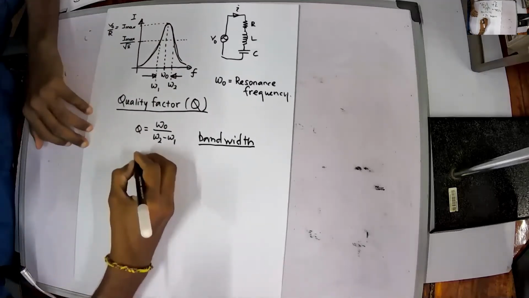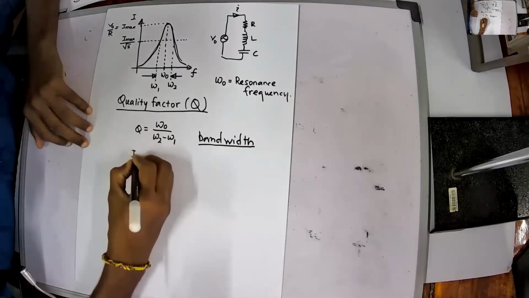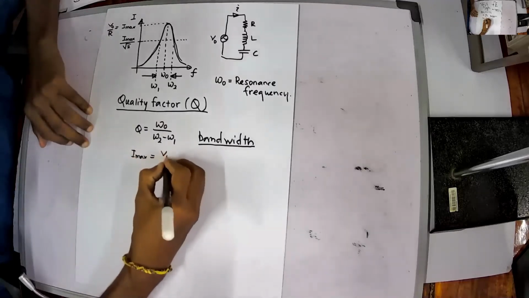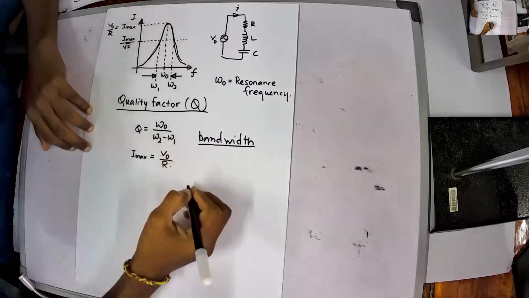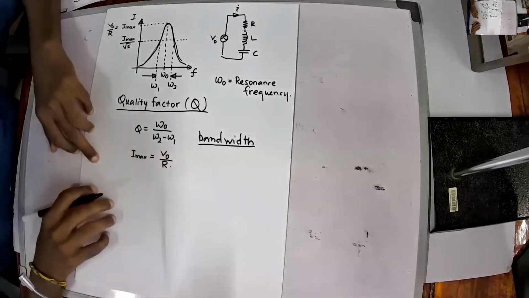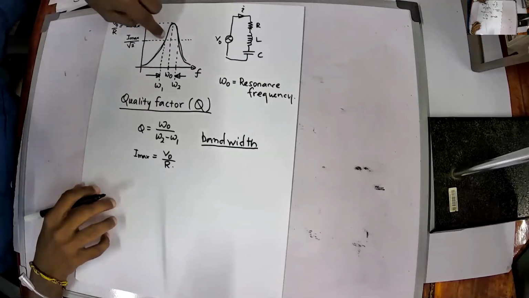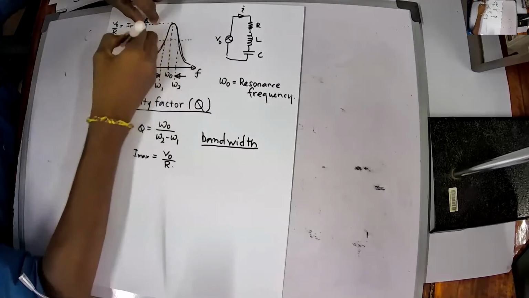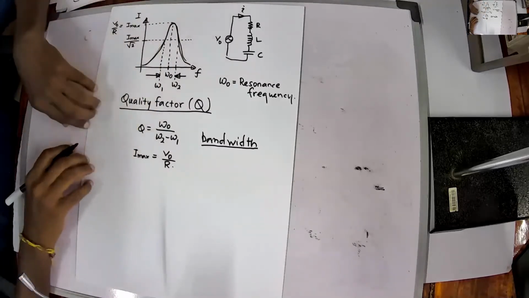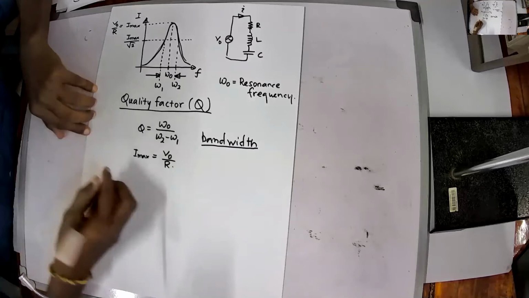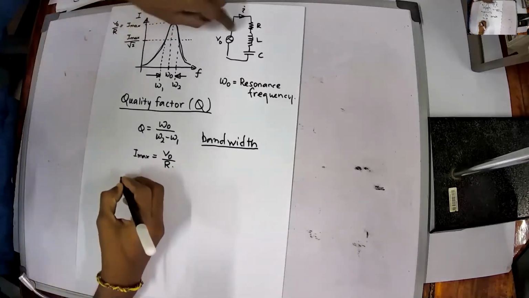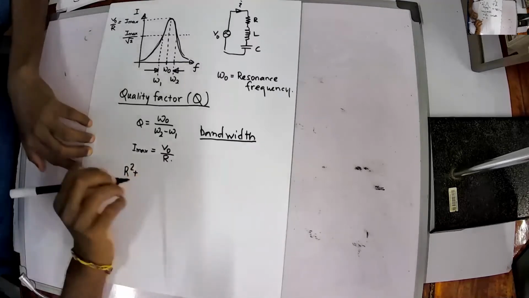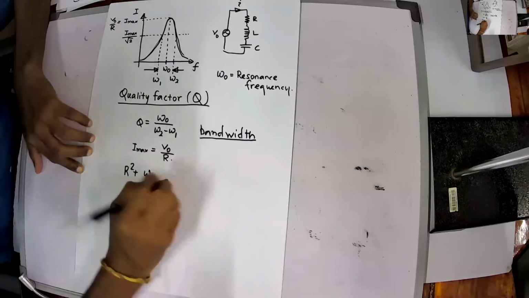At resonance frequency, I max equals V naught over R. Now let us calculate what the resistance is when you are at I max by root 2. If it is a series resonance circuit, I can write it as R squared plus omega L,